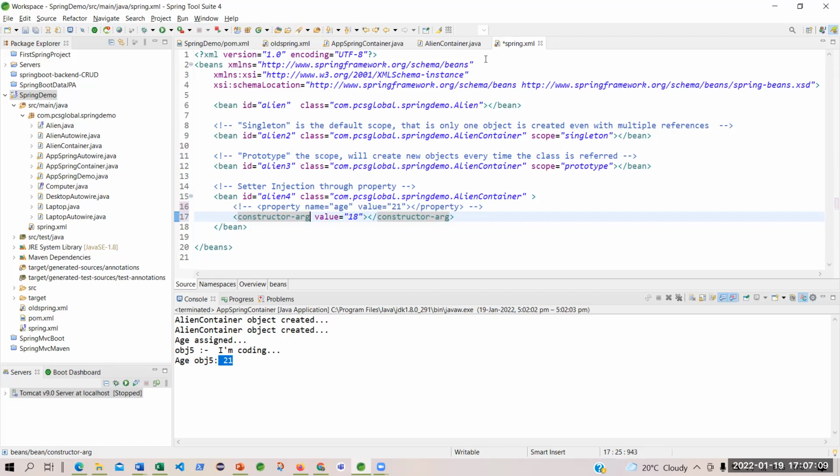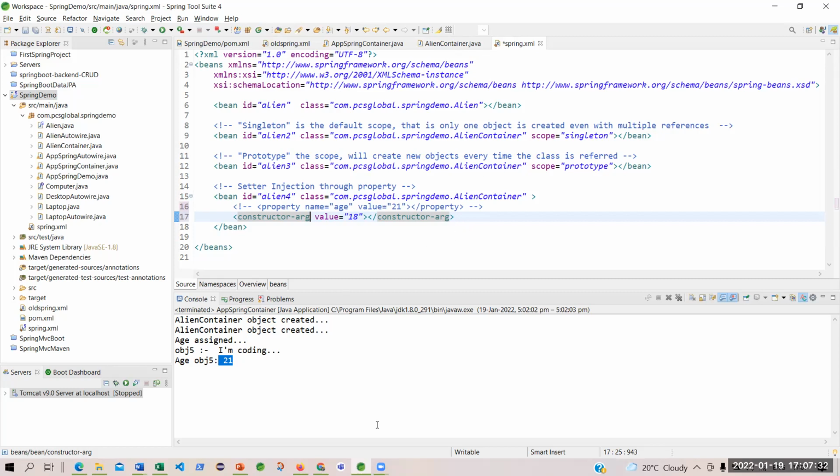Can you give me a constructor and the parameter passed into that constructor? Public align container, int age. Oh, fantastic.